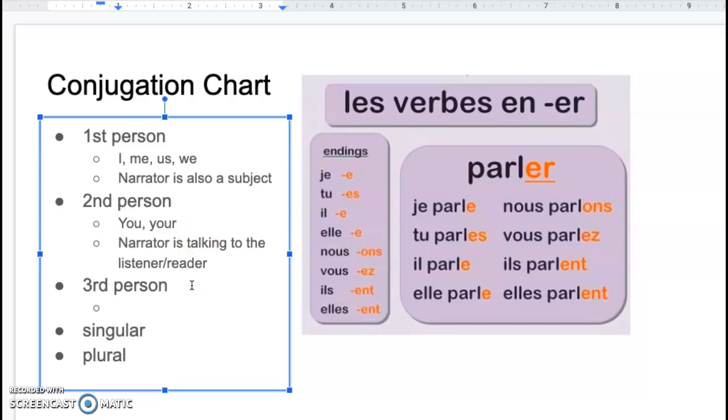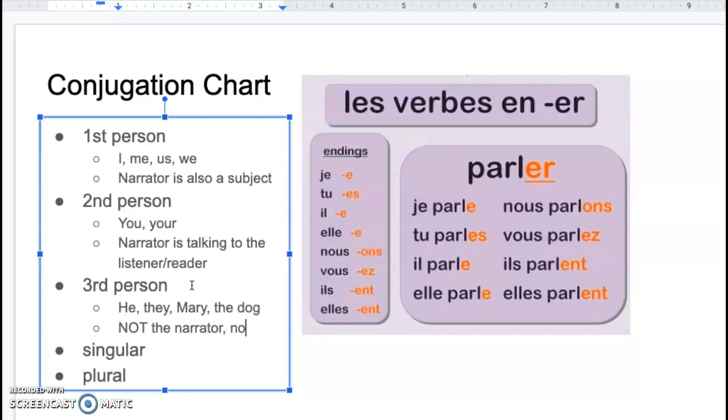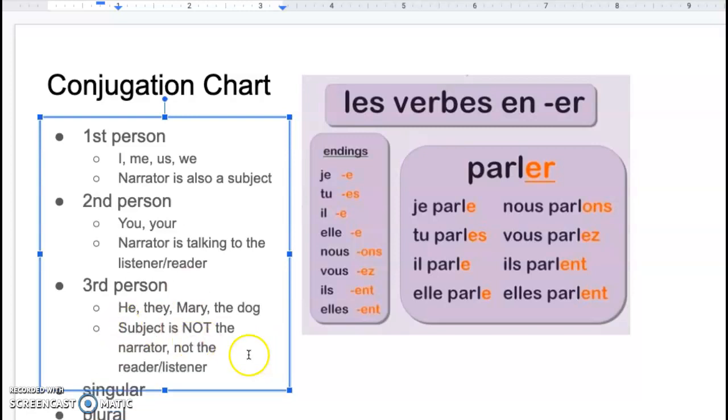Third person is everything else. So it's he, they, Mary, the dog, anything that is not the narrator and not the reader or listener. The subject is not the narrator or the reader or listener. Singular, I'm not trying to condescend to you